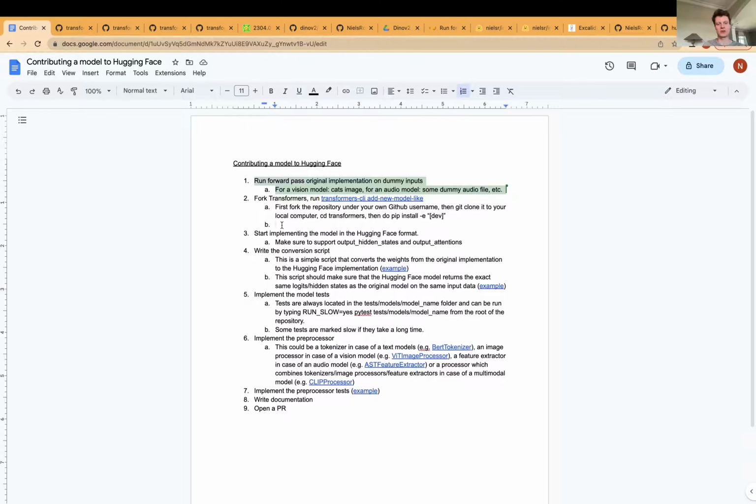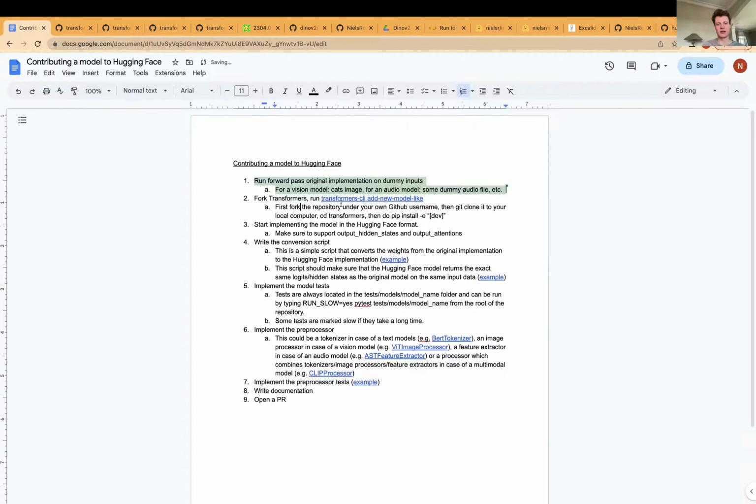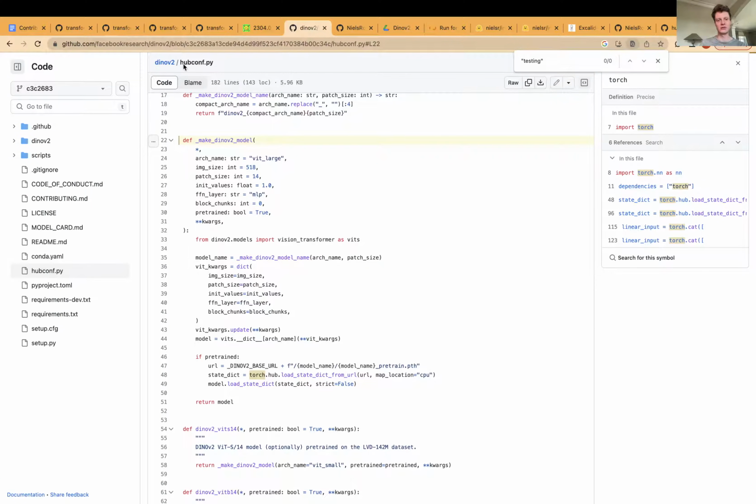So once we have run this transformers-cli add-new-model-like command, you end up with 14 files that are provided as boilerplate for you, and then we can start implementing the model. That's step 3: start implementing the model in the Hugging Face format. For that we're actually going to work from the ground up. So if we go here to the Dino v2 model,